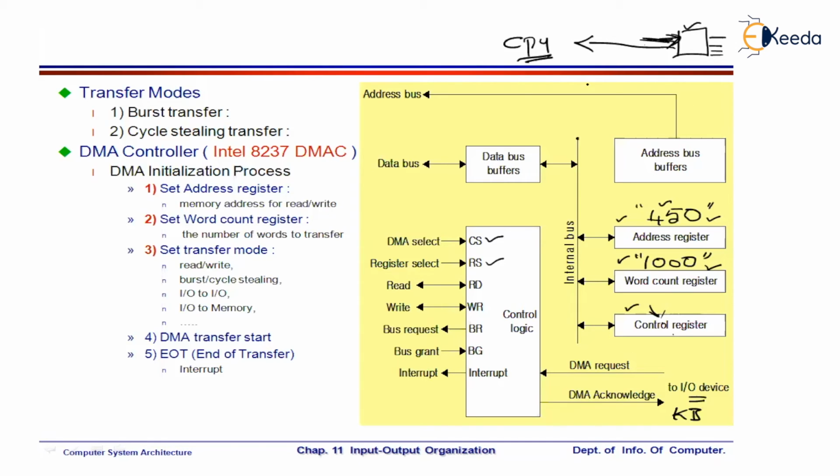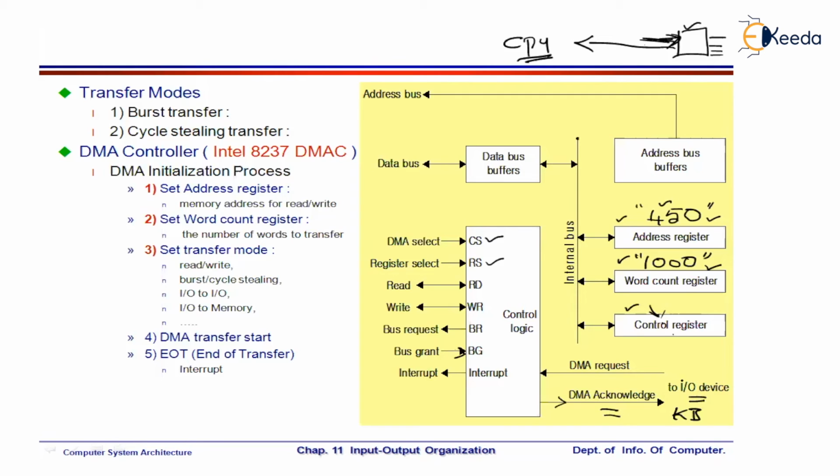Then it is going to say, yes, bus has been granted. Then it is going to send the bus grant line to the DMA controller. The moment the DMA controller receives a bus grant, it is going to say DMA has been acknowledged. DMA request, bus request. Then the CPU arranges all these things, address register, word count register, control register, then says, yes, bus grant. The moment the bus has been granted, the DMA controller says, yes, DMA has been acknowledged by the CPU. CPU left the buses. Now it is your turn to make a transfer.